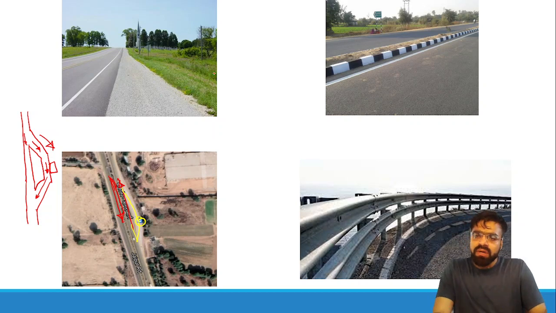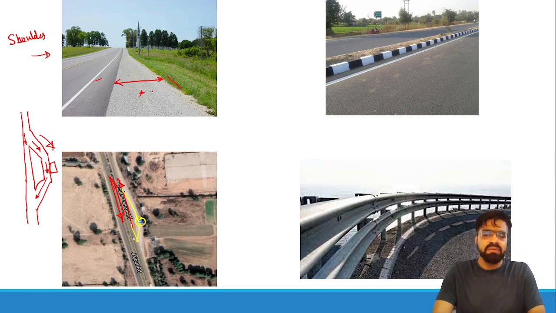So now we are talking about various features. In the first picture, you can see a shoulder. The space provided here is rough as compared to the pavement surface, and it can be useful to tell us about the road boundary, because the rough surface will give us a bumpy ride. This space can be used as an emergency lane, and since it has a rough surface, it will be a safety cushion. So this space is known as a shoulder.